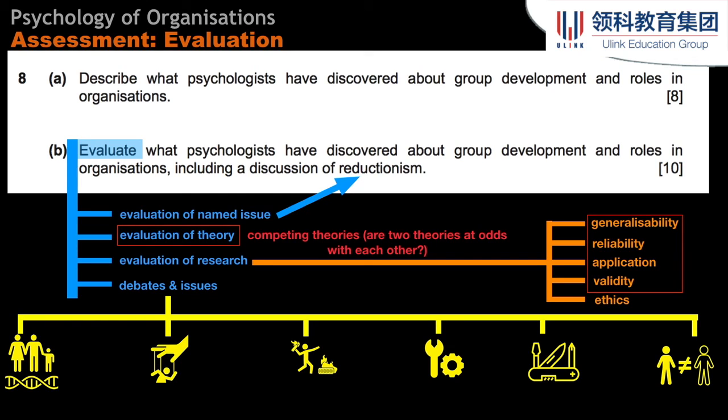I recommend that if you get this question, you first do the named issue. Get it out of the way. And many people hate the word reductionism because it's kind of a scary thing, especially when you're not talking about something that's biological or abnormal psychology. I think the word reductionism works best when you're talking about things like brain parts or brain chemistry, but maybe it's a little bit misapplied in other units such as consumer behavior or, in this case, organizations.